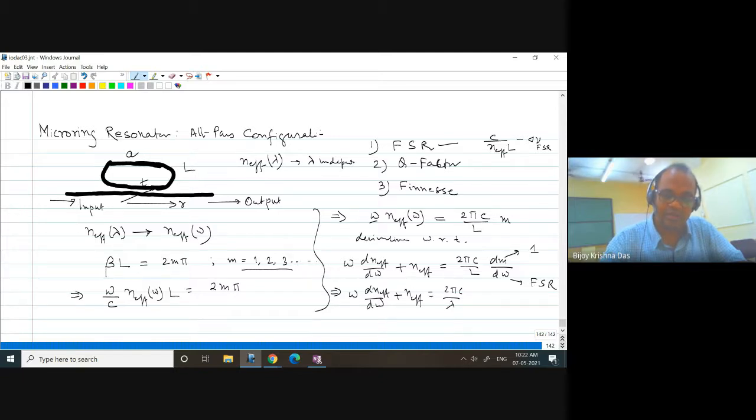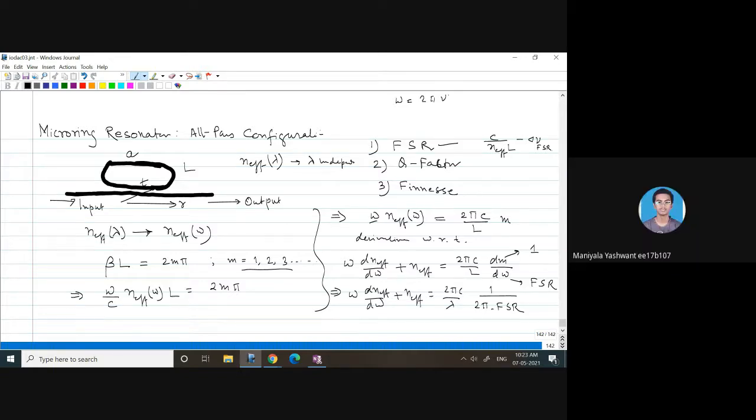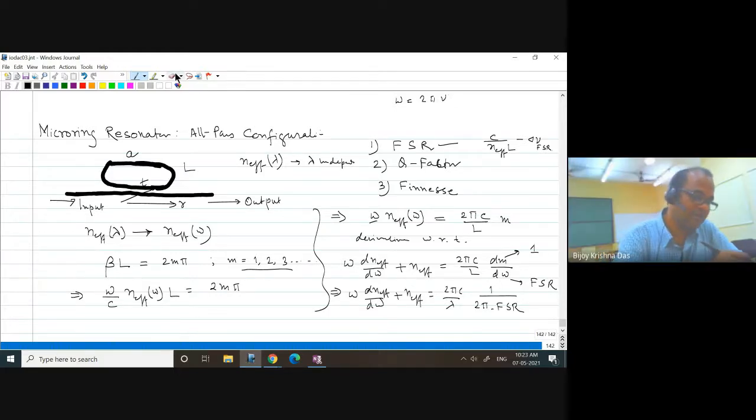times the FSR. When I consider this FSR in terms of angular frequency, I can write it in terms of linear frequency also, so 1 divided by 2 pi times the FSR, converting angular frequency to linear spectral range. If you have some problem understanding, I think this is simple, d omega equal to 2 pi nu. It should be 2 pi c by L, right? Not lambda. Sorry, that's correct, that was a mistake.